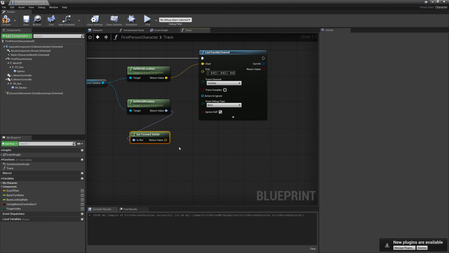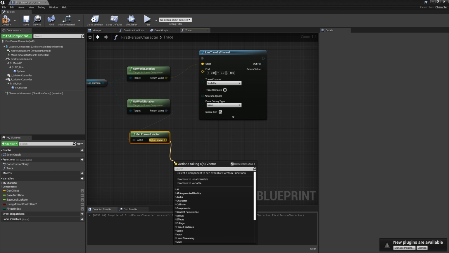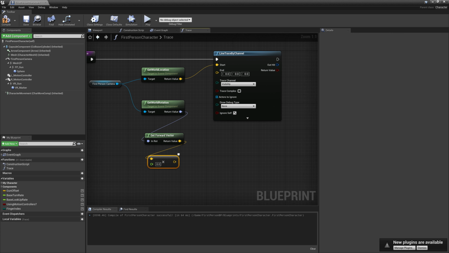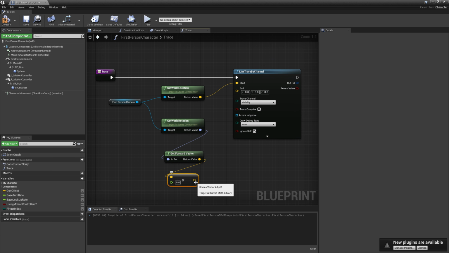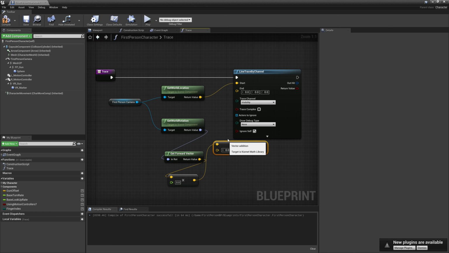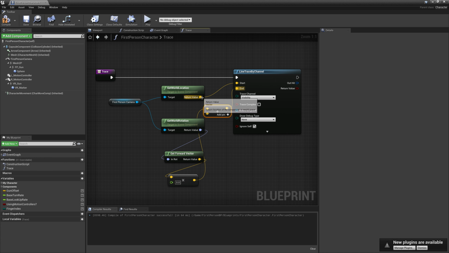Now we need to tell our trace how far across the line we can see. Drag from the forward vector and, holding the Shift key, press 8 to get an asterisk, which is the symbol for multiplication. Select the node Vector times Float. Now that you have this node, you can directly type the distance you want your trace to reach. Drag once more and type a plus sign. Select the Vector plus Vector node and connect it to the World Location node, and then to the End pin